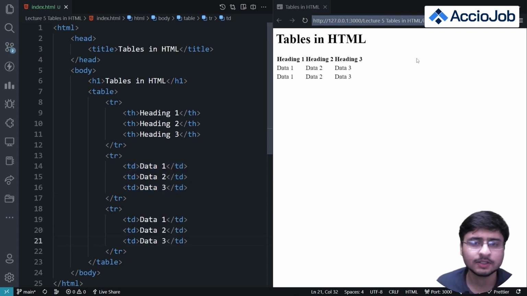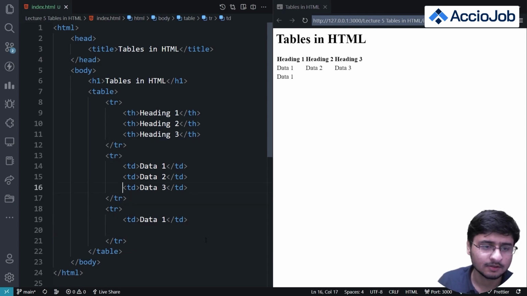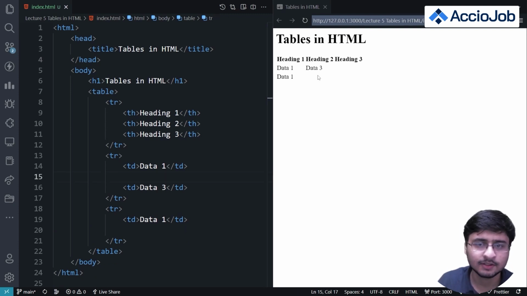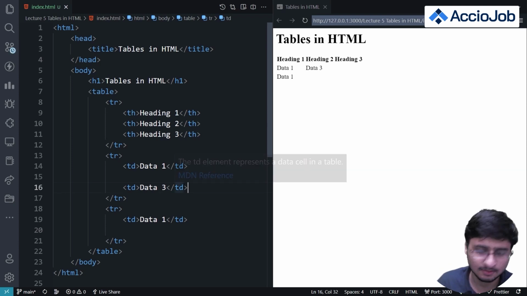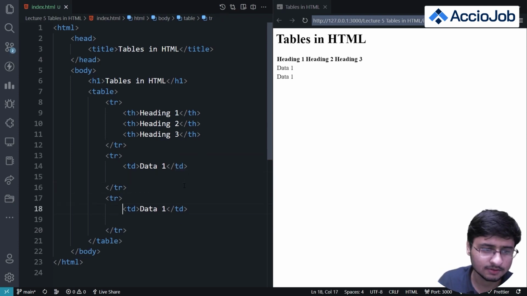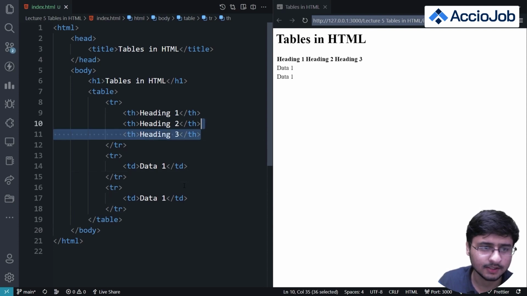Okay, so you can see this data has taken the format of a table, right? So let me just quickly delete some rows, right? You can see that if I delete data 2, data 3 will actually come here, right? So if I delete this, data 3 has actually come here. So I'll just remove all of this.